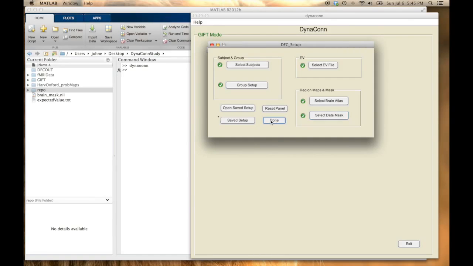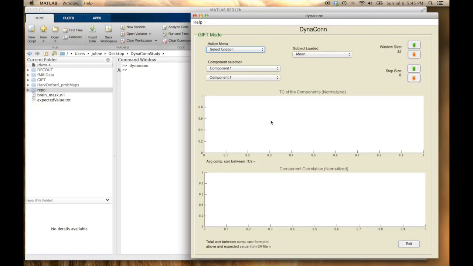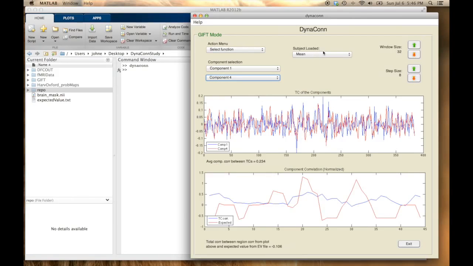So now I can click on Done, and so that setup is now saved in our output file. So now if I was to click on a component, you can see the tool is working for gift mode. But first, let me go to region mode and show you how that setup is done